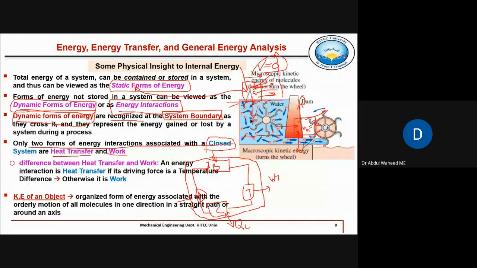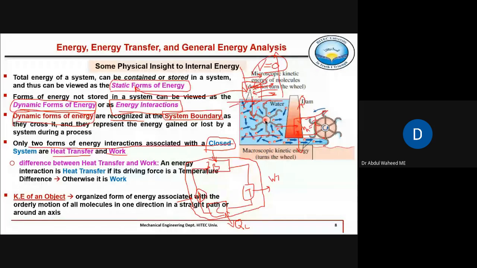So here you see water contained in this vessel or reservoir. If you place this wheel inside this static water, although there is molecular motion, we all know this wheel will not rotate, because the molecules are moving randomly. Maybe the number of molecules trying to rotate this wheel anti-clockwise is equal to the number trying to rotate it clockwise. So although there is energy at molecular level, that energy is not useful,